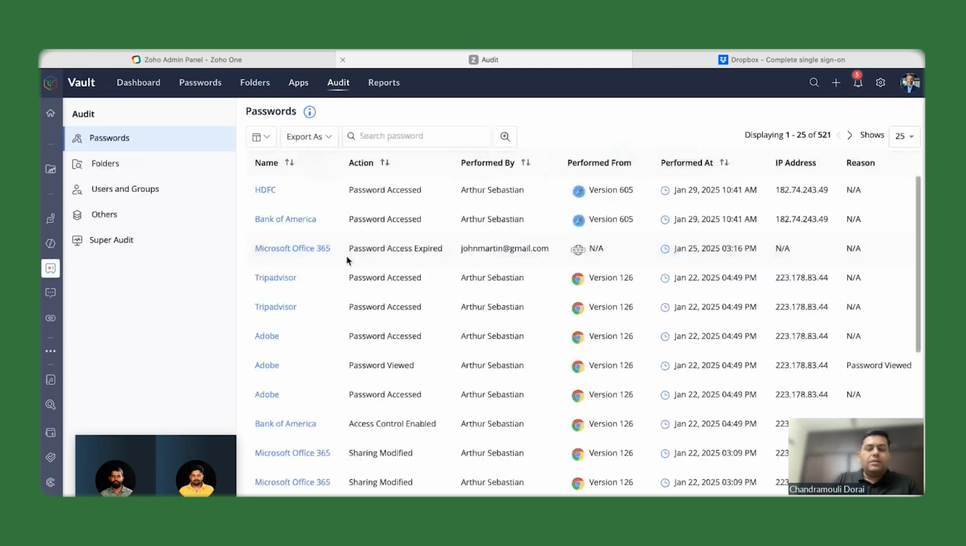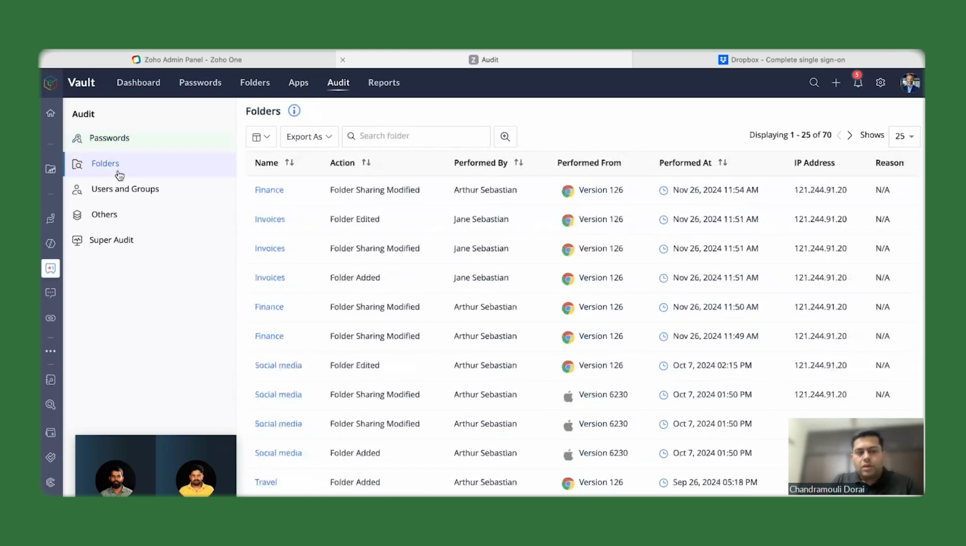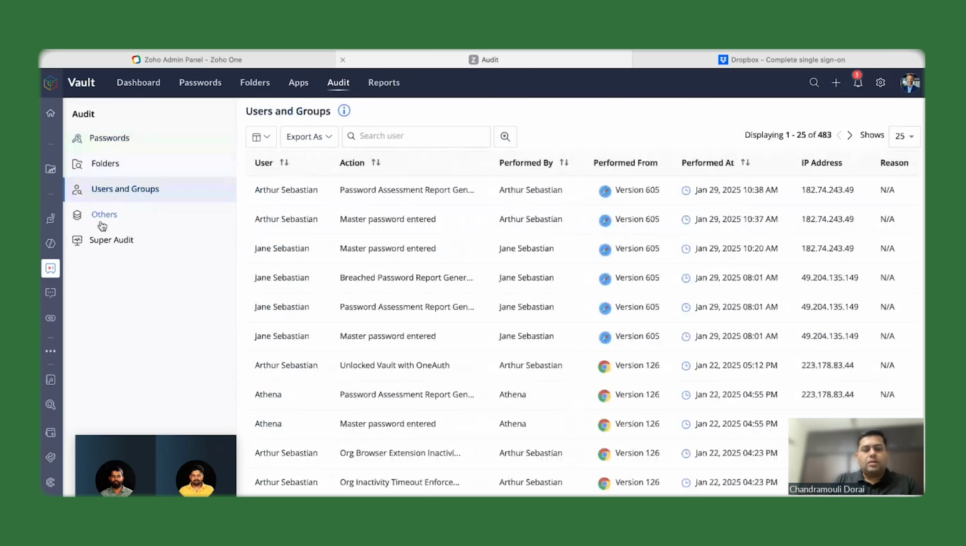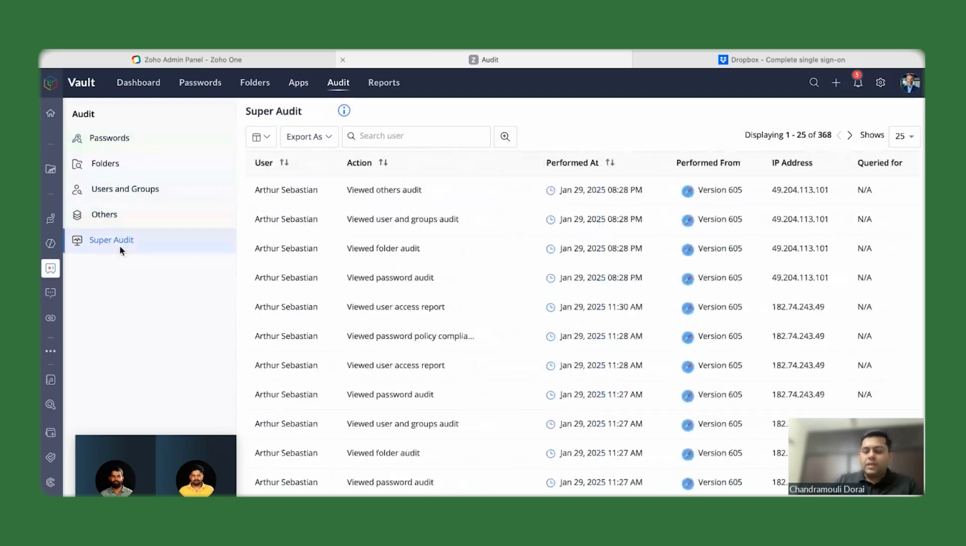For IT admins and also for users, the audit trails give you a holistic picture of who used which account, from where, when, and all that. The audit is not just limited to passwords. You get audit for your folders, user groups, and others, and there is even a super audit. Just because someone is an admin, they cannot do any type of operation or delete an audit trail in Zoho Vault. We have a super audit, which records all the information about what is carried out by administrators in the